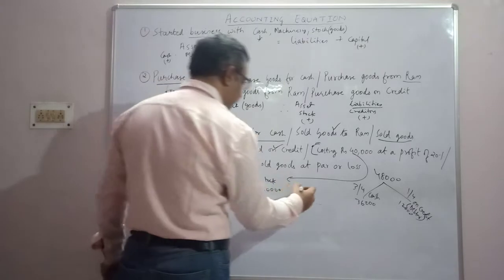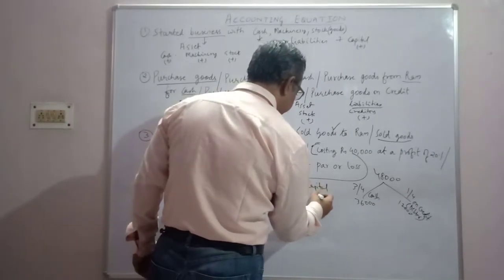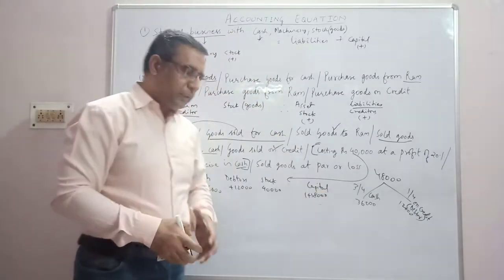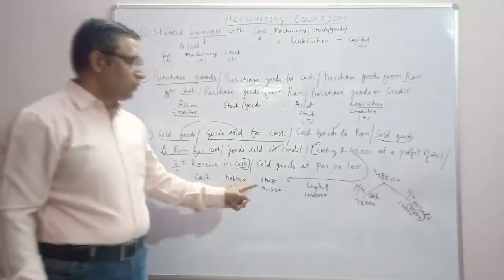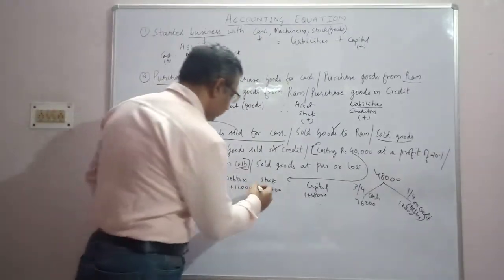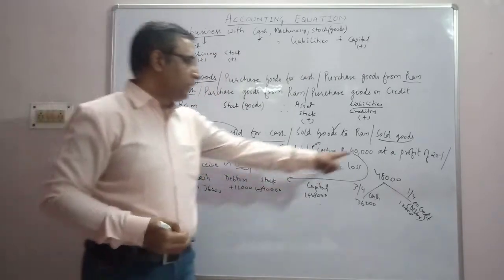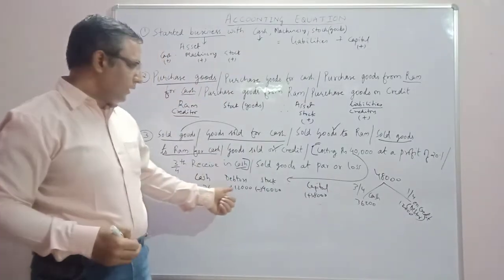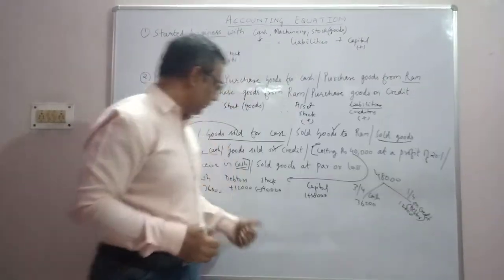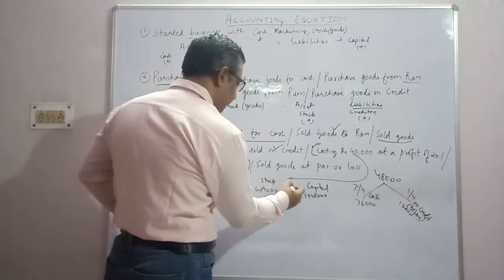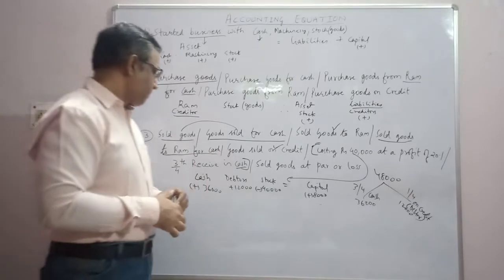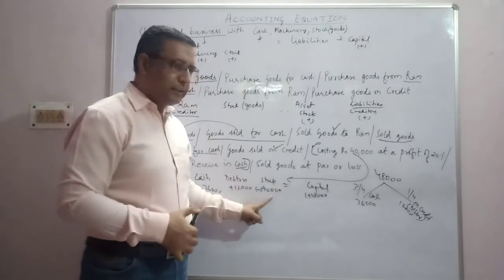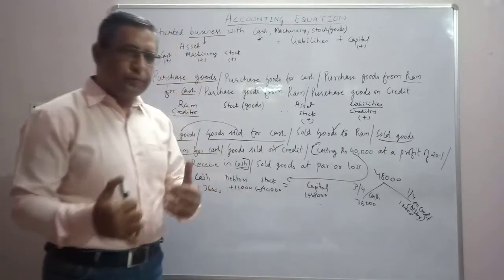No effect on liabilities, but capital is going to increase by 8,000. That is the profit. Profit is the addition in the capital. The cost price of the goods was 40,000, and the cash we received is 36,000, and what we sold on credit is 12,000. That is debtors. If you see this equation, this holds true. 36,000 plus 12,000 is 48,000, minus 40,000 is 8,000. Capital is also 8,000. No effect on liabilities.